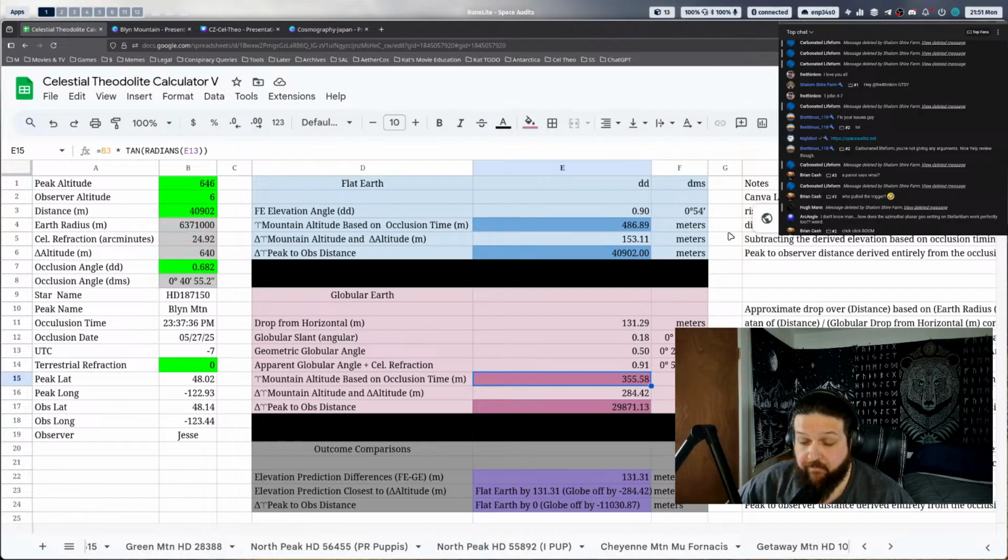So while optically you would measure the apparent position of the star at 219, when you backwards derive your trig off of it, it's wrong. You predict the wrong elevation, you predict the wrong distance. When you use the true position at the peak for the distance you observed at, you can derive your distance down to the exact meter, and you could closely approximate the actual elevation of the mountain beyond what the globe is able to predict, because they're a much smaller triangle.